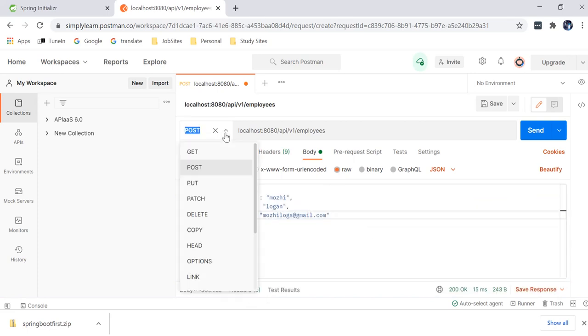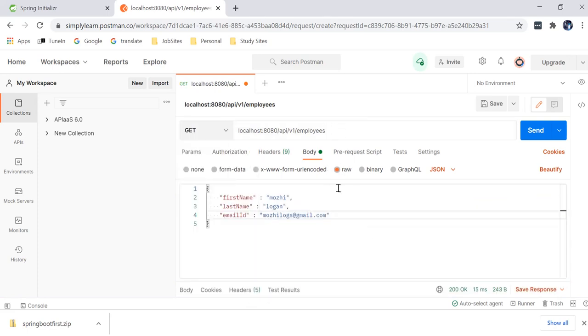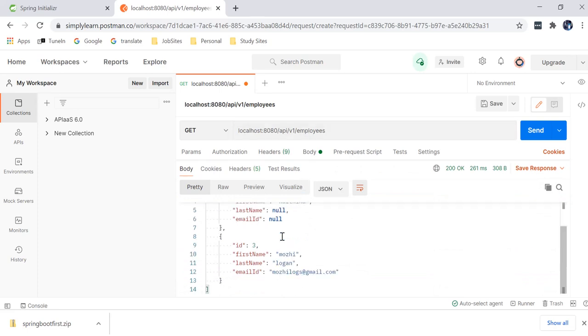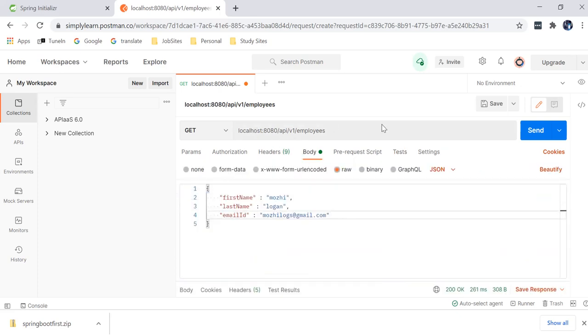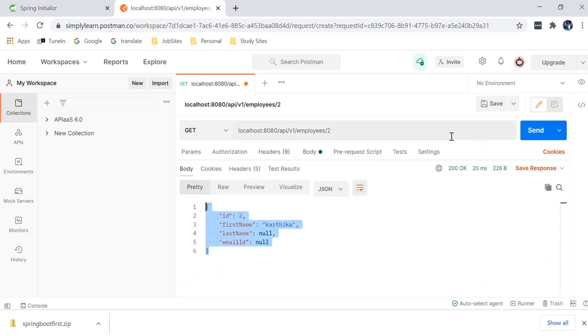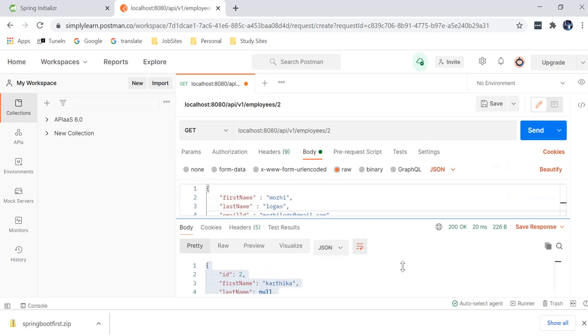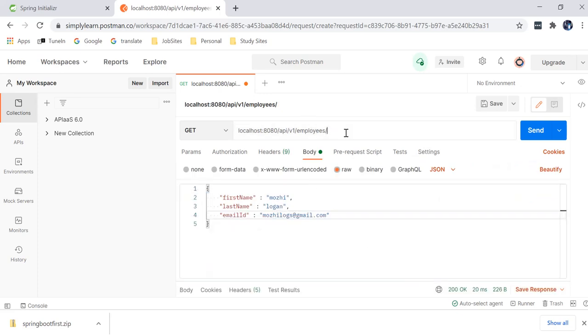If I'm going to fetch all the records by giving employees, see it having two records. First record I have deleted actually. So if I want to see the second record, it show only the second record. If I want to update the record of first record, Kartika,